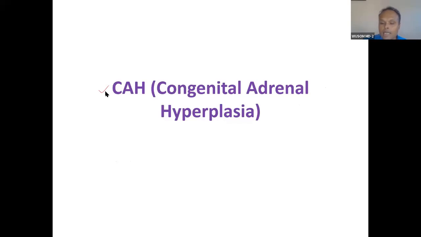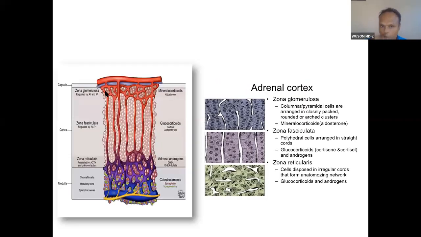So we will talk about congenital adrenal hyperplasia today. You already know the three parts of the adrenal gland: zona glomerulosa, fasciculata, and reticularis. You know zona glomerulosa is required for synthesis of aldosterone. And here is aldosterone, and 18 hydroxylase is present here. You can see here is 17 hydroxylase. So remember 17 hydroxylase here, 18 hydroxylase, so that you will remember.